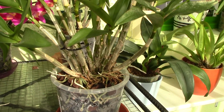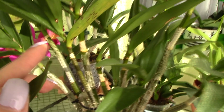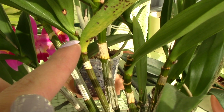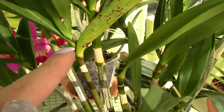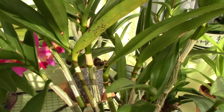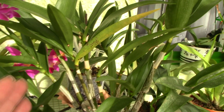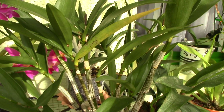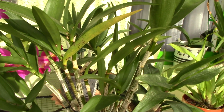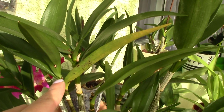Along with the temperature drop during nighttime, the orchid will be prompted into producing small little buds, which eventually will turn out to be flower spikes. Now, because this orchid is not as hard to rebloom as a Kingianum, the drop in temperature doesn't necessarily need to be very drastic. I actually kept this orchid at about 17 degrees during nighttime and possibly 23 degrees during daytime,